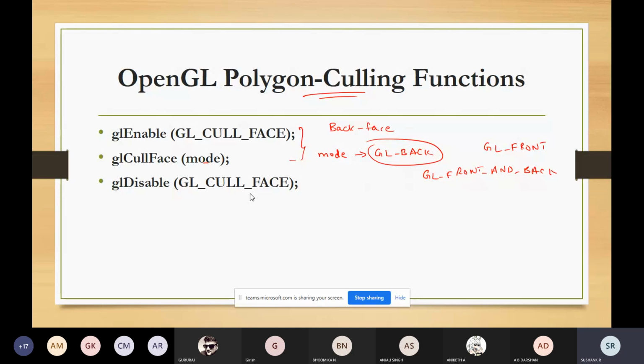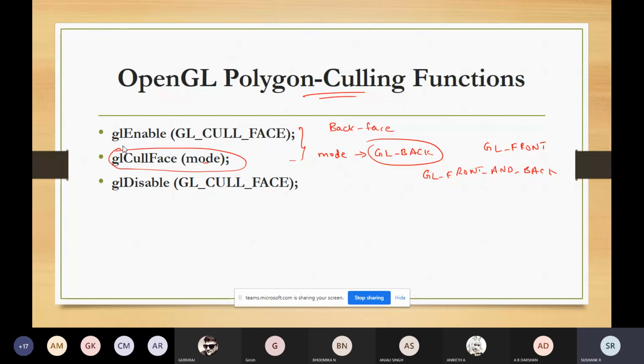We have seen this in polygon stipple also. Whenever I want to enable a polygon stipple or line stipple, I was using the enable function. If I use it directly without activating the enable function, the output did not have any impact. Similarly here, the first thing is you should activate this function by using the glEnable function.